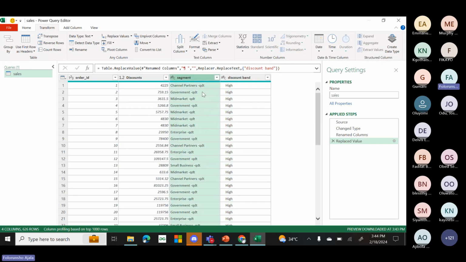So in the segment column, we have QDT in front of all of these, and it's not making sense to the manager. So how do we clean this? Go to your segment column and go to your transform tab. Now, don't forget I told you about the transform tab and the add column tab. When should you use transform? You use the transform tab when